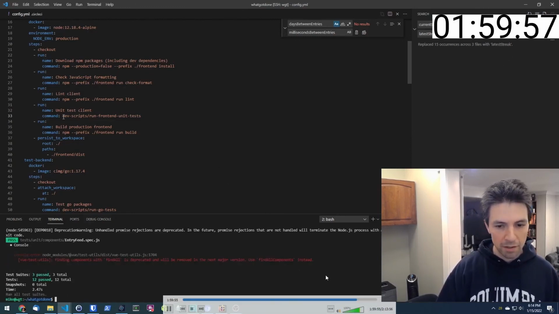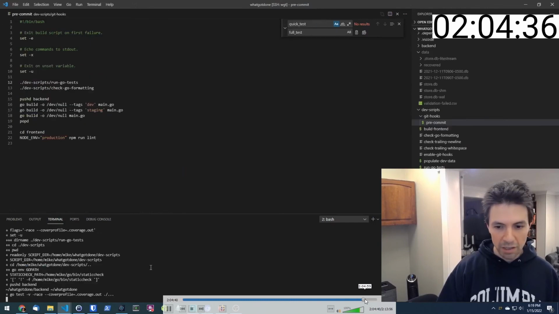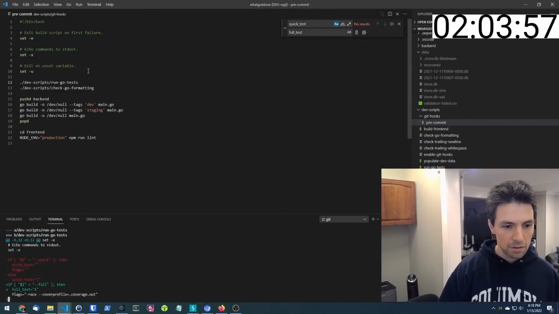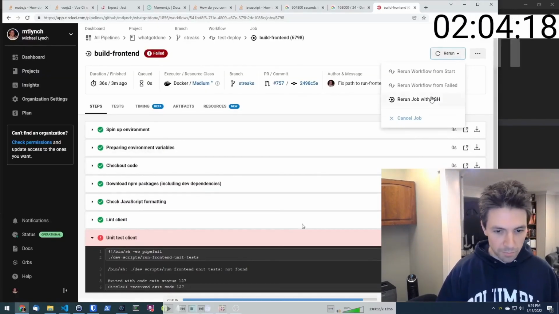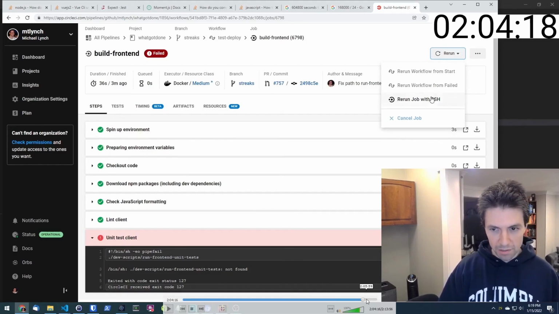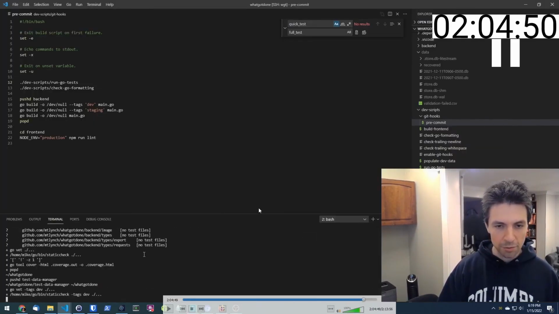So as I ran it in CircleCI, I don't know if I can catch it here. This is me just tweaking my, oops, let's see. When it runs in CI in a Docker Alpine image, it's saying the script is not found. That's the most annoying error because the script is actually there. It's just what's actually not found is the bash interpreter. And so what I had to do was, yeah, I run the job with SSH, but the solution was to just change